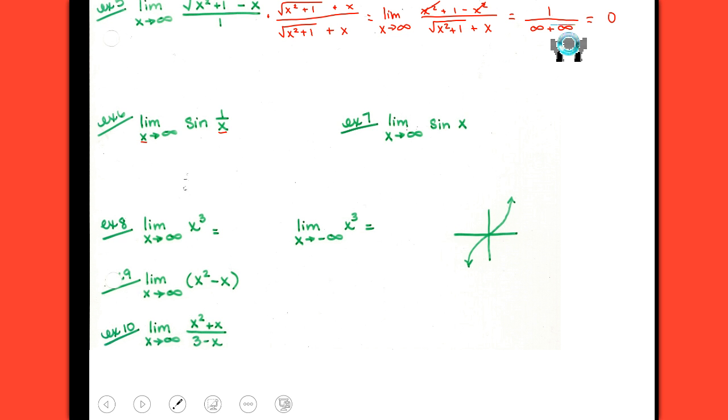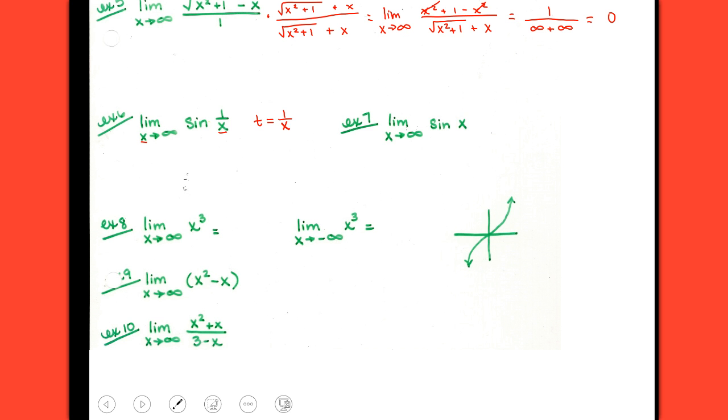All right, look at example 6. For example 6, I could use logic to figure this out. If I go through and I think about as x approaches infinity, when my numerator is staying the same and my denominator is getting infinitely larger, then that fraction gets smaller and smaller, so that would be like the sine of 0, and I know the sine of 0 is 0. But if I wanted an algebraic way of figuring that out,